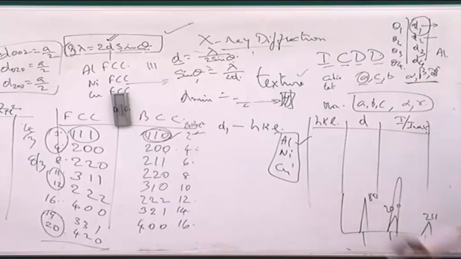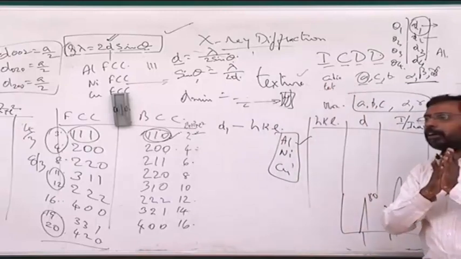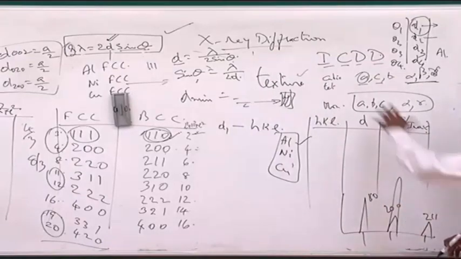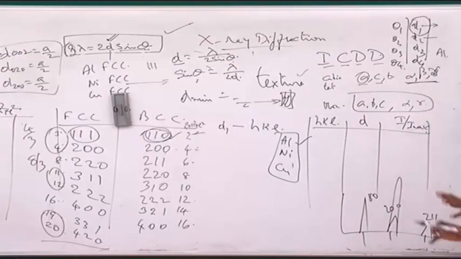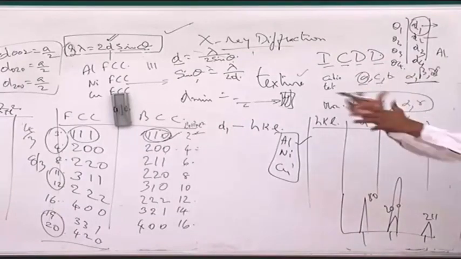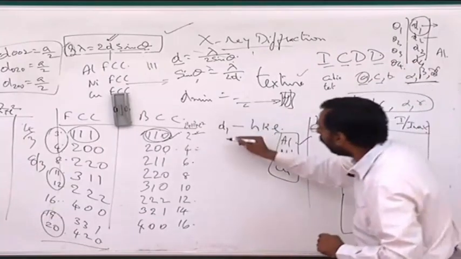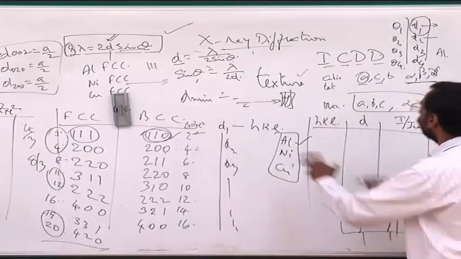And if all my peaks are matching with one single sample, then I say, yes, my sample is that aluminum or nickel or copper. So without doing all this calculation, now people are only fitting with the known patterns. These are all available, even softwares are available which give you all this, and simply you take your material. In fact, the person who is selling you an XRD will also give you a software. The moment the pattern comes, immediately it tells you that this pattern is fitting to that particular material. So your material possibly is that material. So you can actually fit your diffraction pattern by finding out all the Ds, D1, D2, D3 and D4 and so on and so forth, and trying to see which one it fits with.